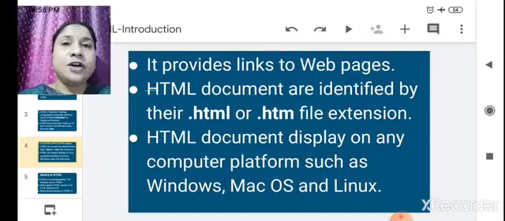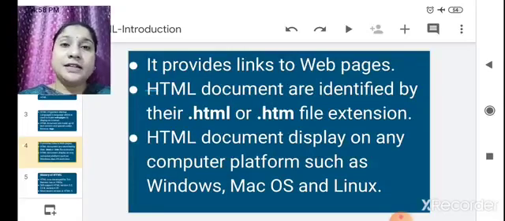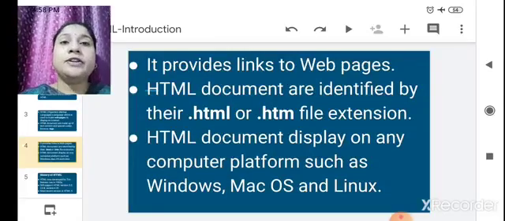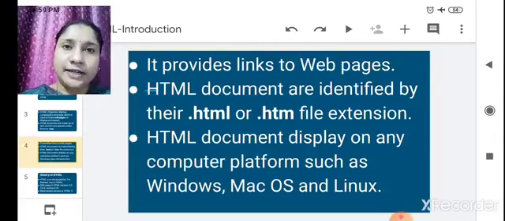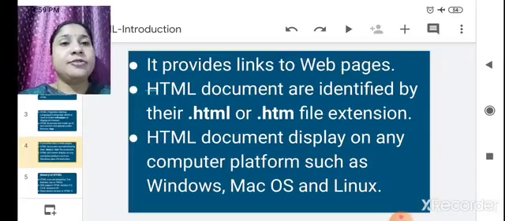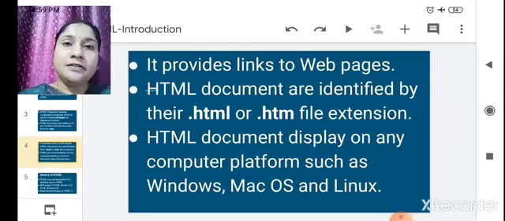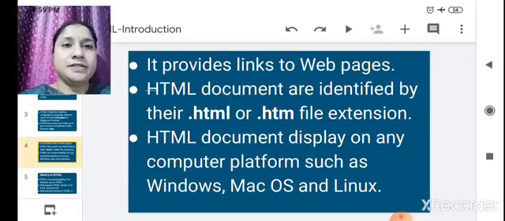Means if you are on one web page and you want to go to another page, it provides you a link. You click on that link and the next web page will open.